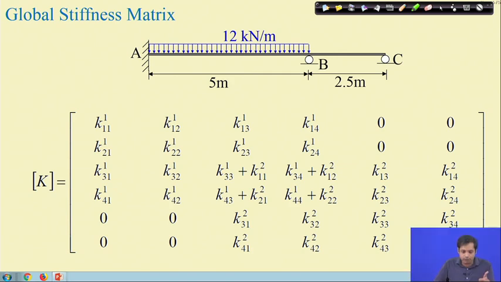Now, for the solution, we have done the first step, discretization. Second step is member stiffness matrix. Third step, assembling the stiffness matrix, which gives you the global stiffness matrix. Then the fourth step required is the boundary conditions and the load vector. The determinant of this stiffness matrix will be 0. You substitute all these values and find out the determinant, you will see this is 0. The next step is to construct the load vector and apply the boundary conditions.